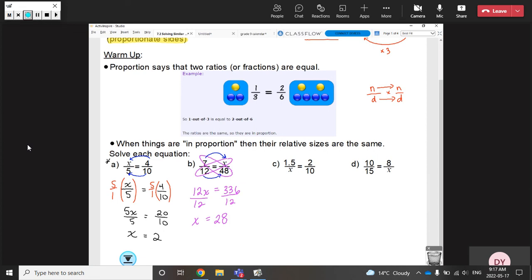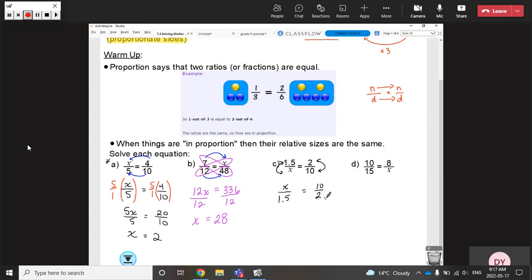Now, another example of where cross multiplication is kind of our best friend is when x is at the bottom. When x is at the bottom, it's not that nice because usually x has been at the top, and when it is at the top, we just multiply each side of the equation by the denominator of whatever x has. But in this case, because x is the denominator, it looks a little cringy. But what you're able to do, and what I do want to show you, because this is something that we're going to do in our next unit, is, well, I want x on the top. So I'm going to flip this fraction to be x over 1.5, which means I also have to flip this side here, which gives us